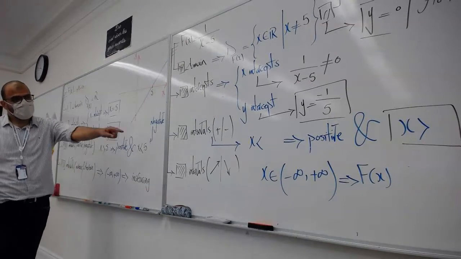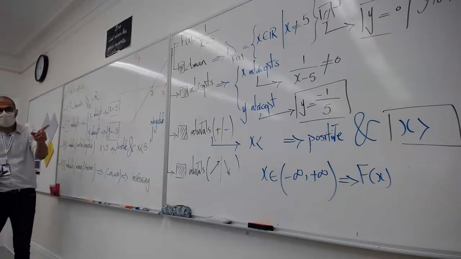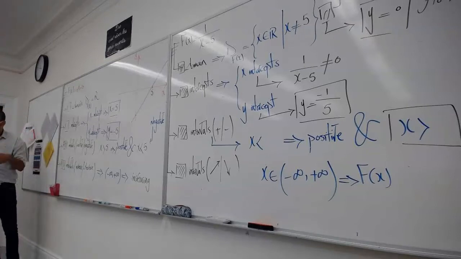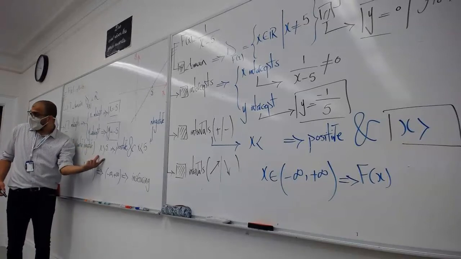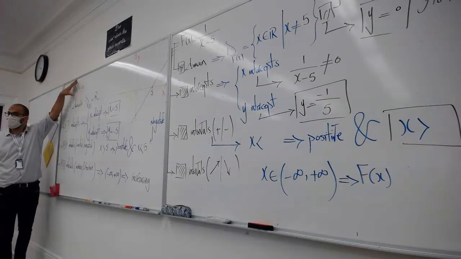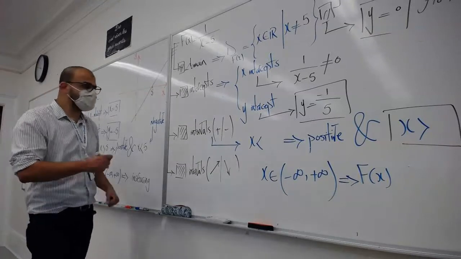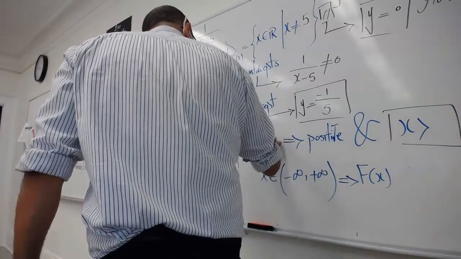Now, look at these parts. These parts are my favorites. The intervals of being positive or negative. As I explained before, whatever interval you have for the positive and negative of the forward function, you copy and paste it there. It becomes x greater than 5, the function is positive,